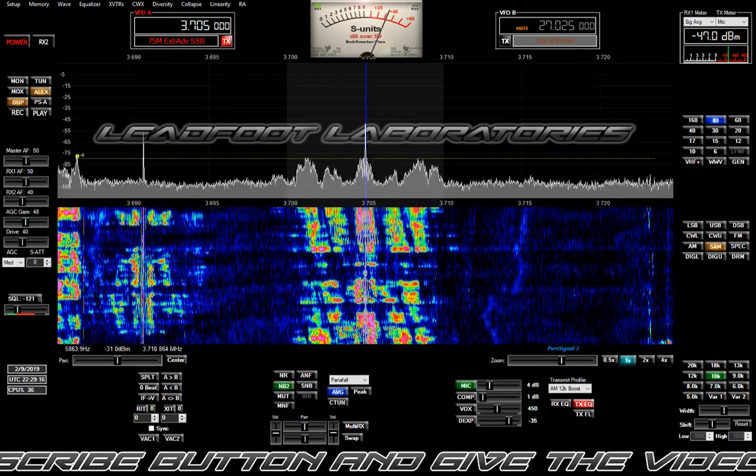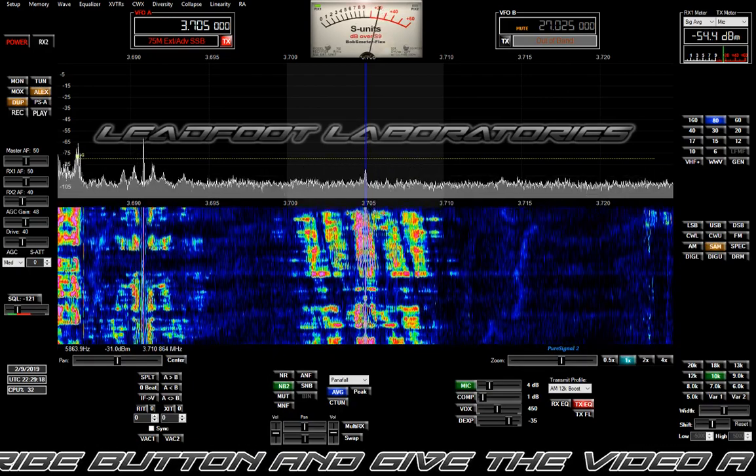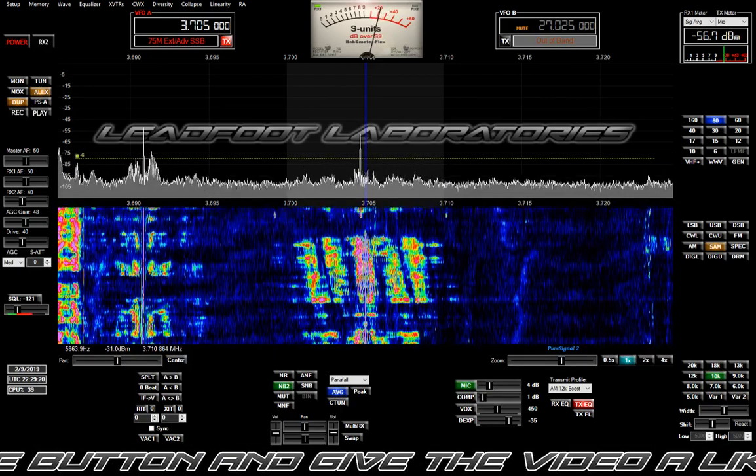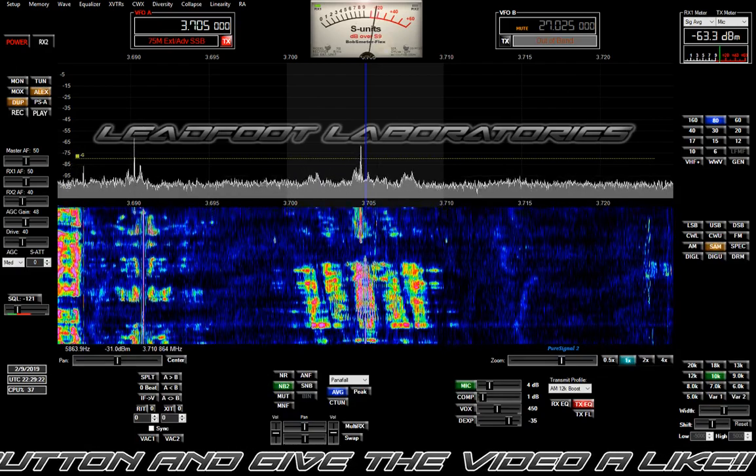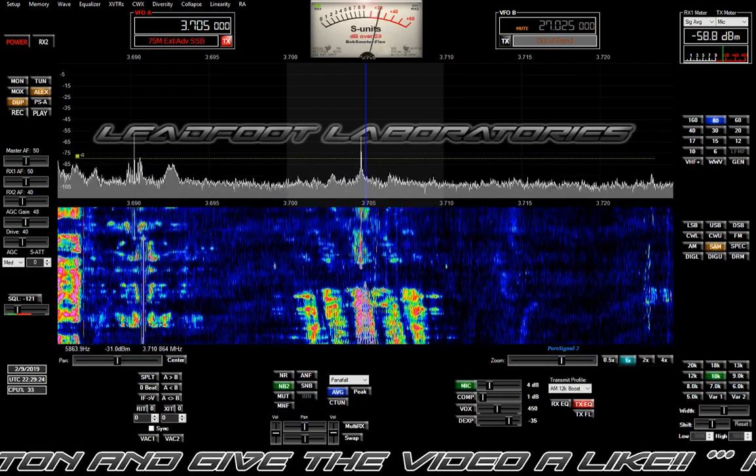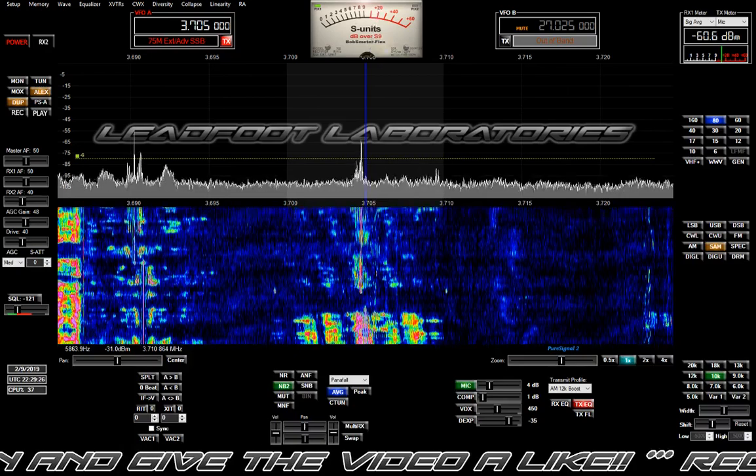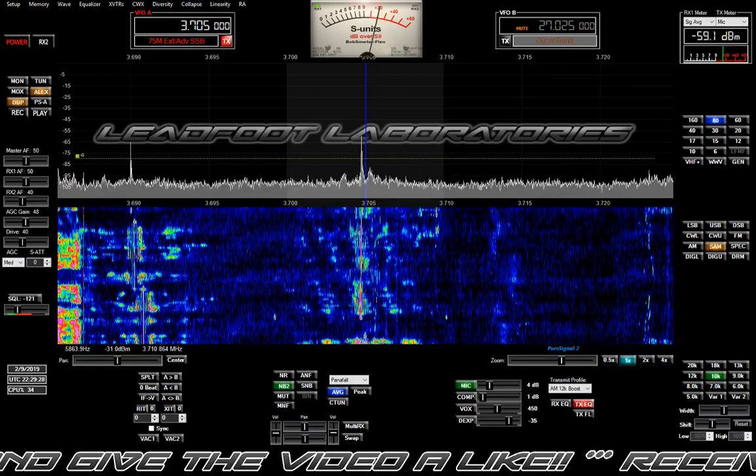W2FNQ in the group, W2SDR. Hope the band's holding up. Yeah, you're strapping in here, Frank. It sounds good. Sounds real good. W2SDR and W2XR from